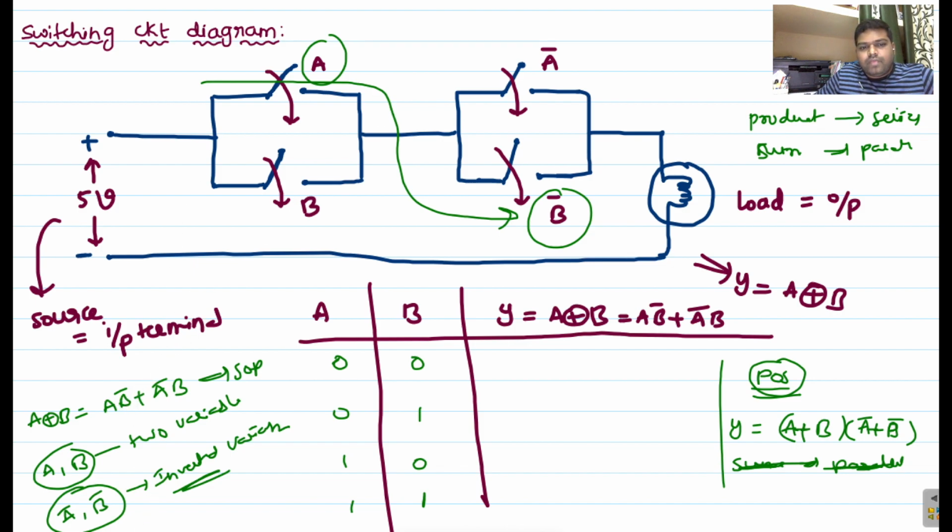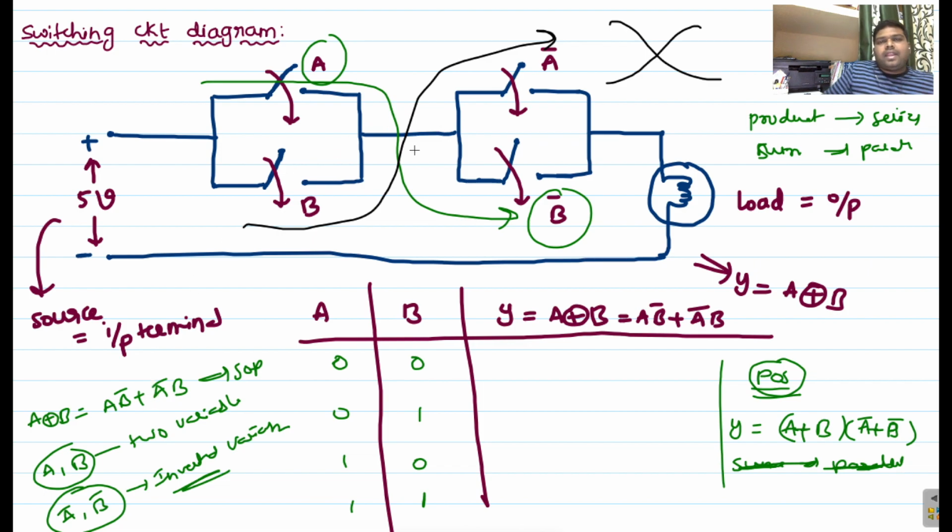In the same way, if you consider this part, if you ignore this A and B bar now, you can focus on these two switches. Now we get B and A bar, these two switches are in series connection, so I am taking here A bar into B. And these two series connections are in parallel. This A into B bar series connection, and B into A bar, we are getting like this. Now these two are in parallel, so that's why here I am taking A B bar plus A bar B.